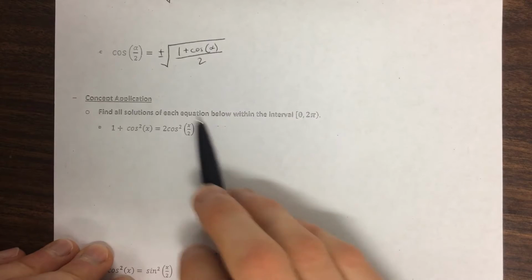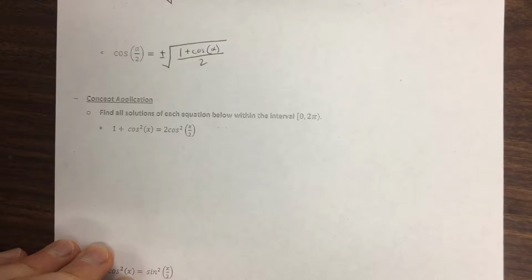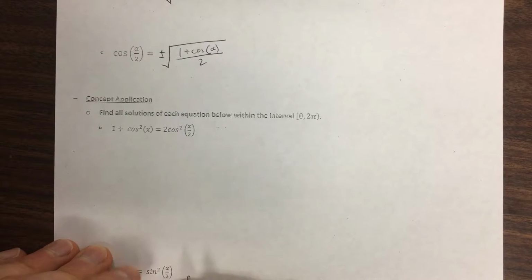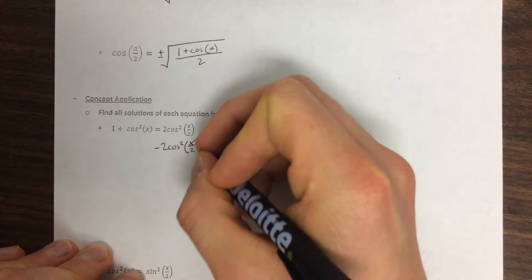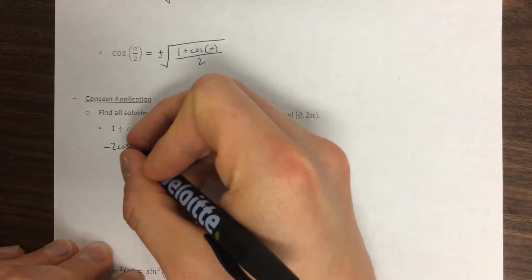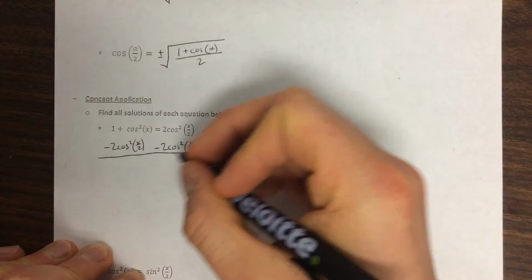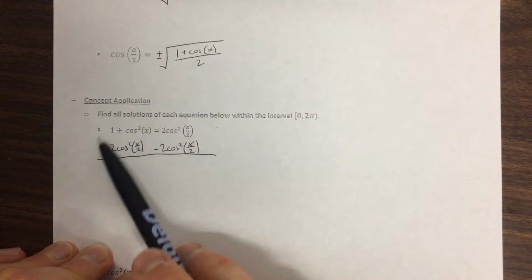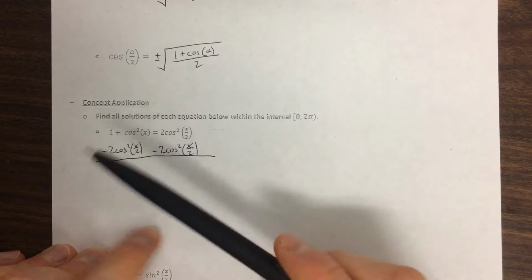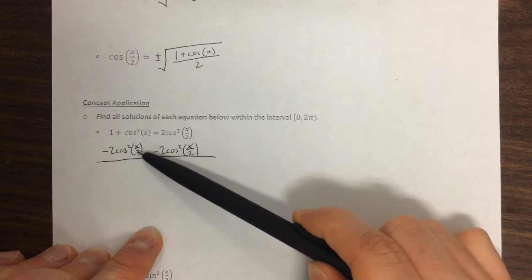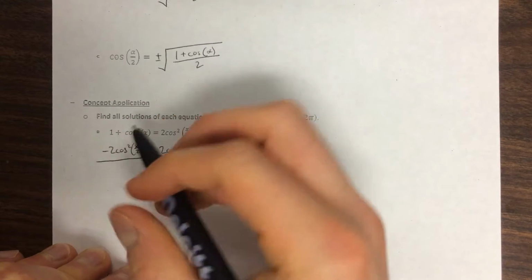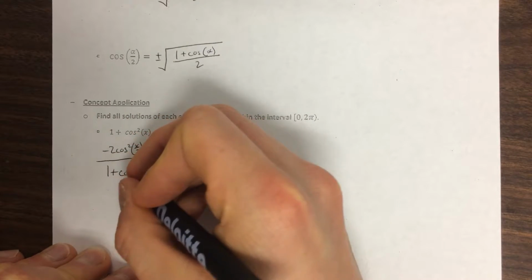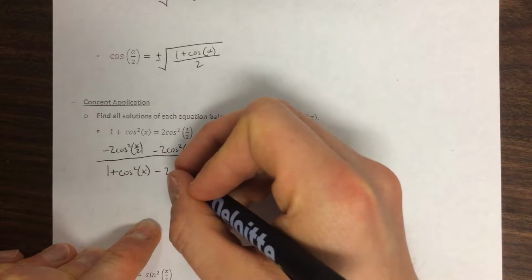Here we're trying to solve this equation. What I would recommend is try to get 0 on one side. So if I want to get 0 over here, I subtract this, subtract it over here. Now in class what we talked about is on this side of our equation, these are not alike because of the x over 2 here and the x. So we could not combine these. So what this side would become is 1 plus cosine squared minus 2 times